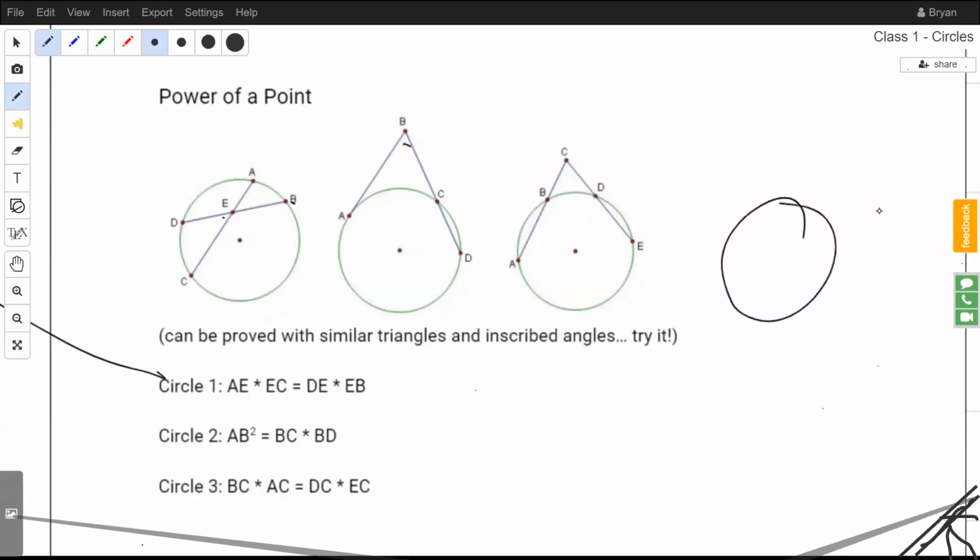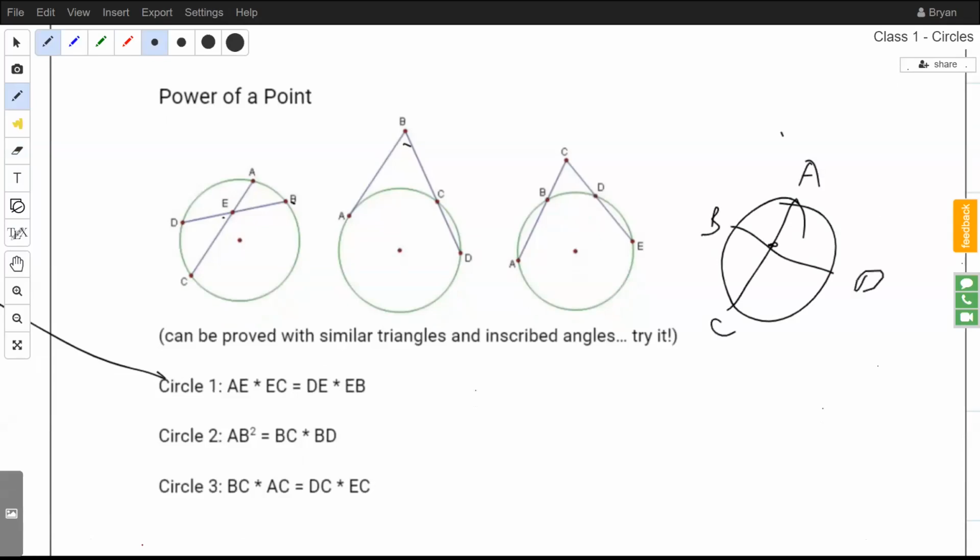We know that we have a circle, and we know that we have a point. It can be inside the circle or outside the circle. Doesn't matter too much. For the first case, for any point inside the circle, we can draw any two chords that intersect at that point, and if we label them like so, the products AE and EC will equal the product BE and ED, and this can be shown